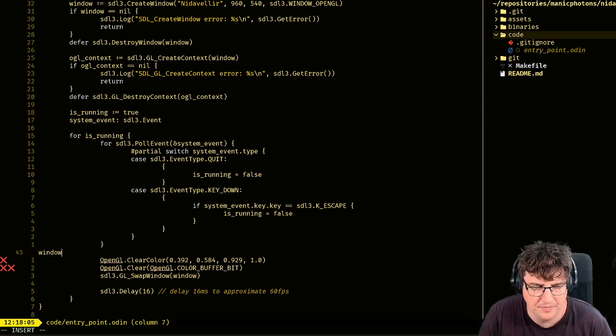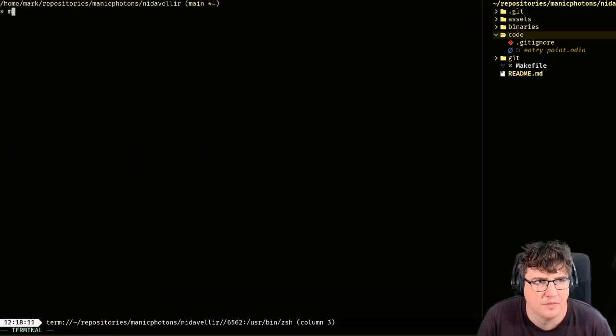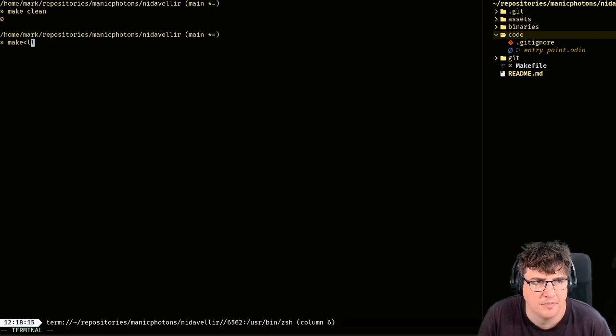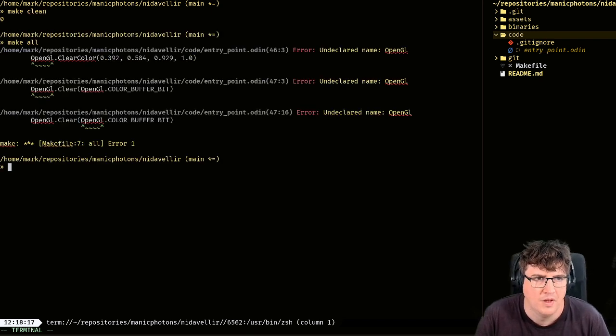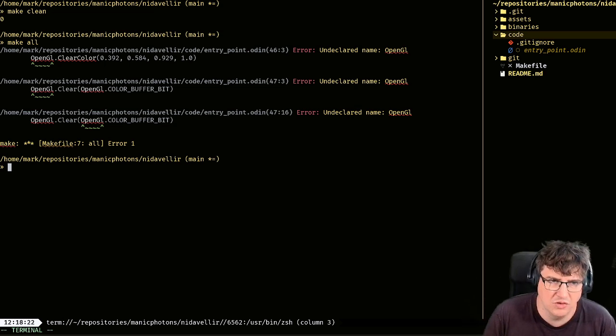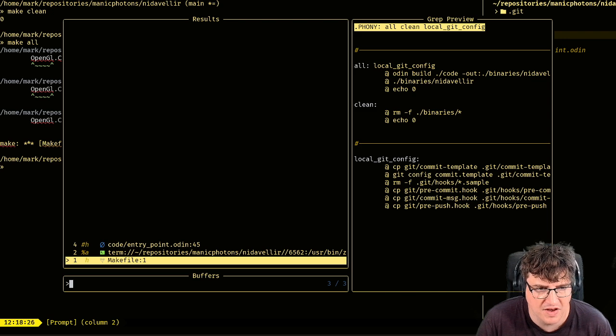There we go. Undeclared name OpenGL. Okay, I thought OpenGL was the correct name for the package, the vendor package.